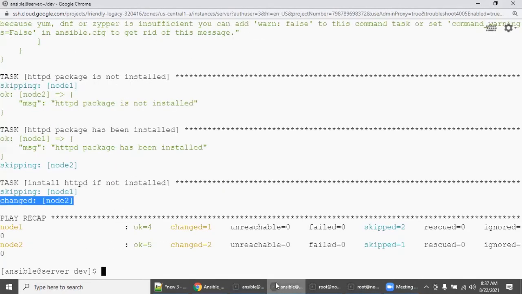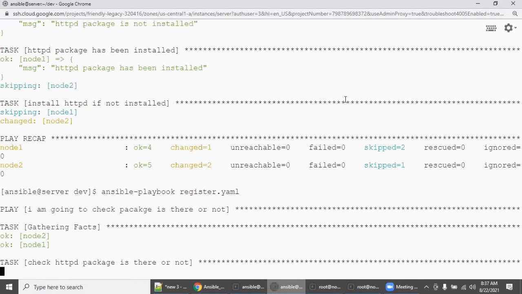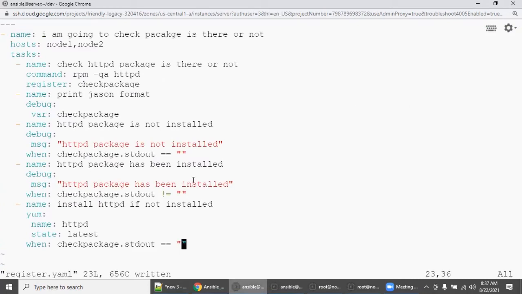Now if you execute it again, the last play condition will be satisfied and both will be skipped. Let's see. See, now both are getting skipped. Why? Because both machines are installed. So this is how you need to play this Ansible register. It's very easy, but it depends on how you apply it. Seriously, it's not programming. It's a matter of how you apply your Linux administration skill set. So you can replace this command with any of your commands with the same mindset.